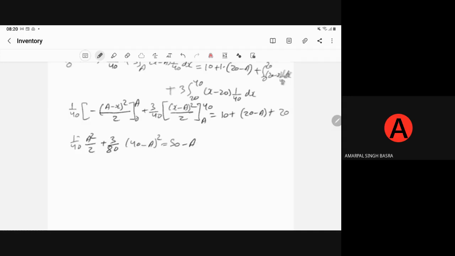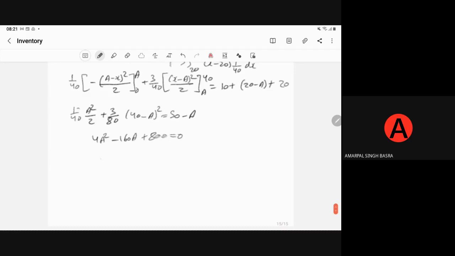So here you will get the quadratic equation: 4a square minus 160a plus 800 is equal to 0. So from here a will come